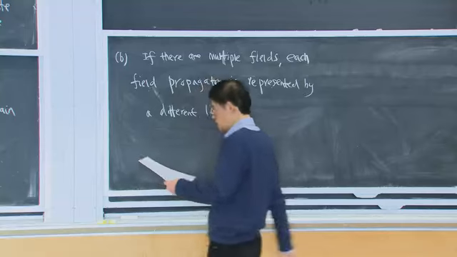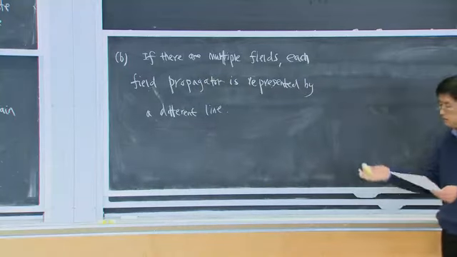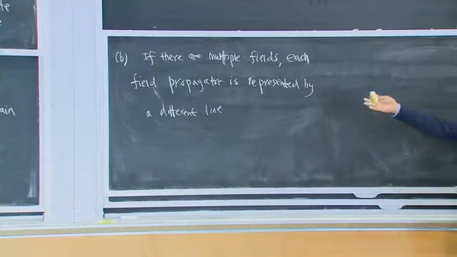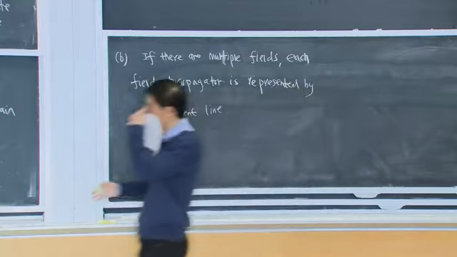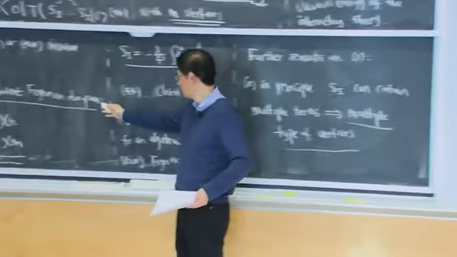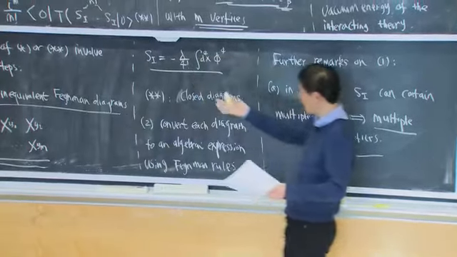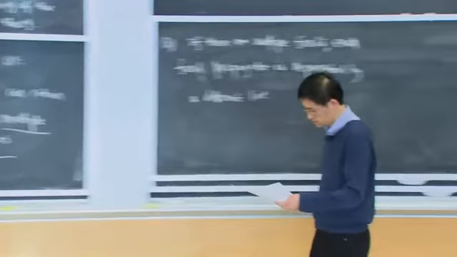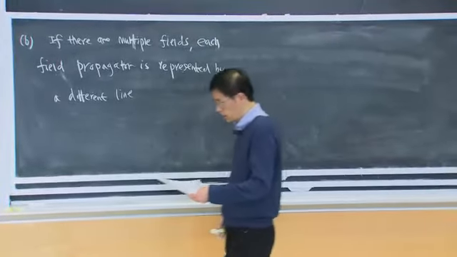Okay, other than that, again these two steps apply. I just allow you actually to now have two different types of lines. So for example,